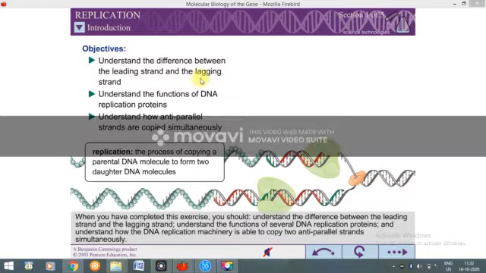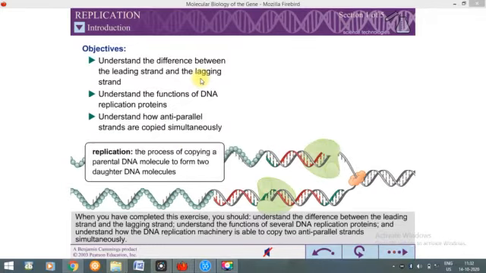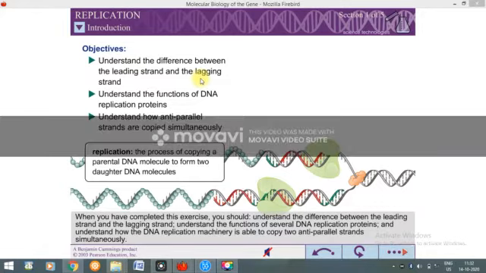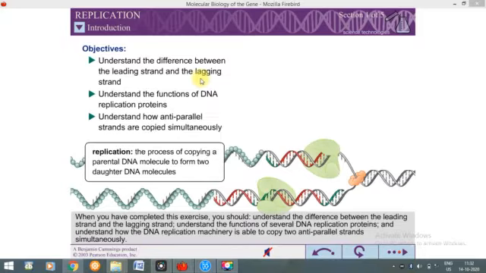The third point is to understand how anti-parallel strands are copied simultaneously. That means there are two different types of strands. One strand runs 5 prime to 3 prime, the other one runs from 3 prime to 5 prime direction, so they are called anti-parallel in nature. That's why we need to understand how anti-parallel strands are copied simultaneously, because they have different natures, right? One is going from 5 prime to 3 prime, the other from 3 prime to 5 prime. They are opposite in nature, but they are copied simultaneously. So we will understand how they are copied simultaneously. Okay, so let's see